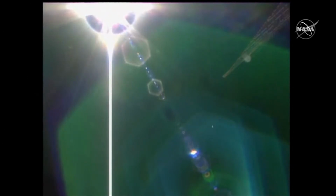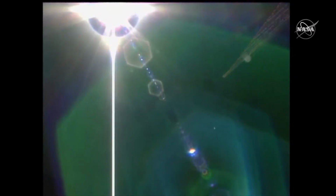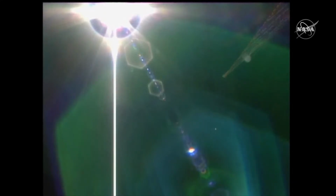And to recap the autonomous undocking events today, the unpiloted Dragon cargo vehicle was set free from the International Space Station at 9:40 a.m. Central Time while flying over the South Pacific Ocean. Dragon then executed a series of undocking and departure burns to move it to a safe distance away from the space station. The Dragon exited the keep out sphere and at the